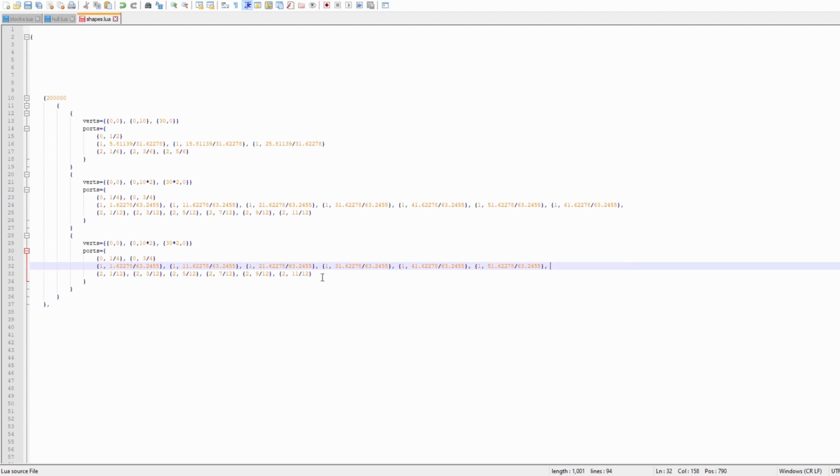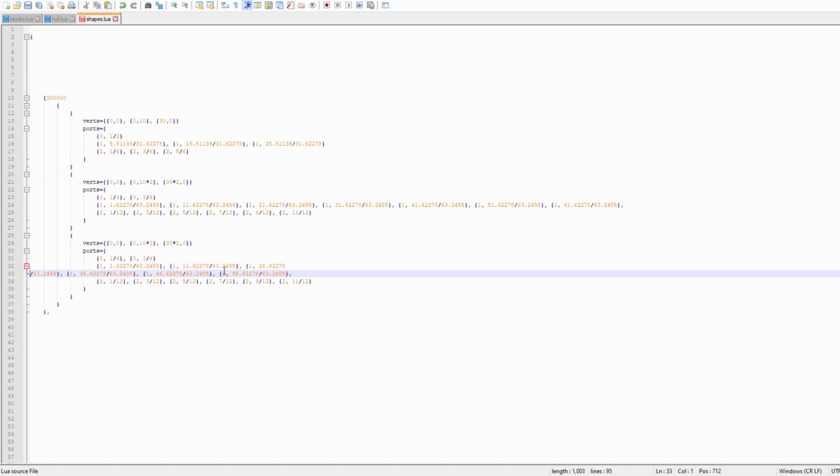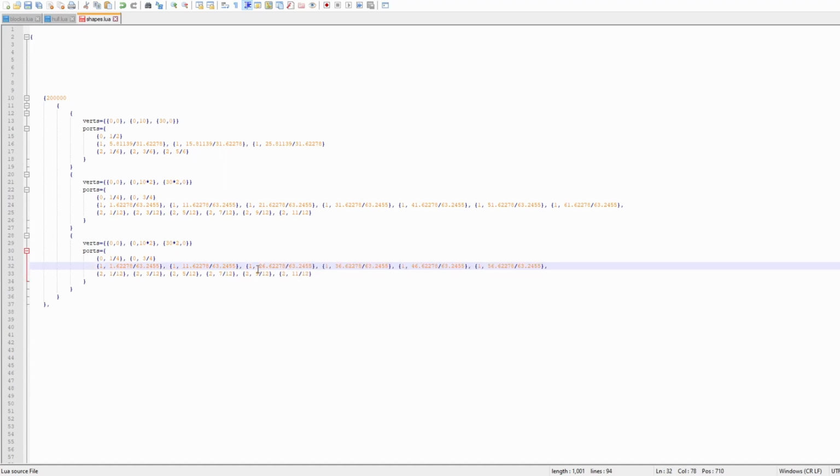And to do that, it's very simple. We're going to take our halfway point and add 5 to it. Here's our halfway point. We're going to add 5 to this, so that's 36. And then we're going to have 46 and 56. And then over here, we're going to subtract 5 from this. So this is about this much. And then we can just subtract 10 from that. So it's going to be